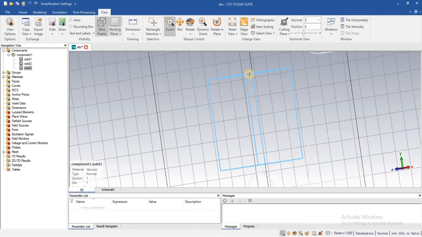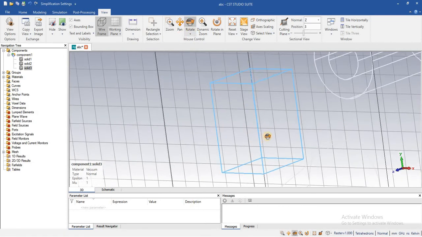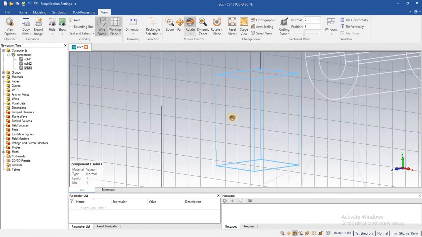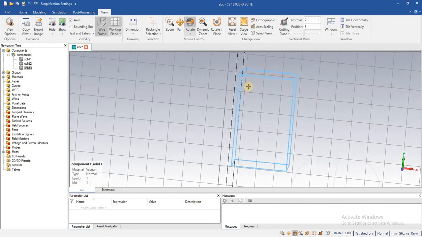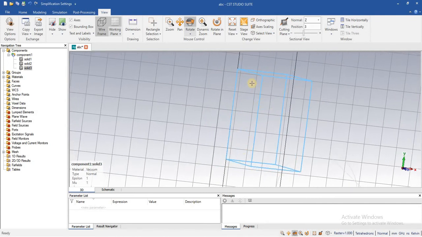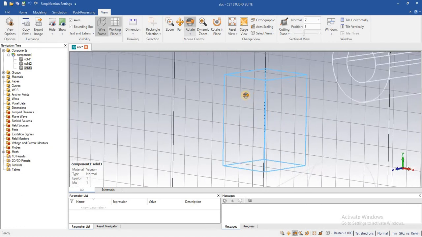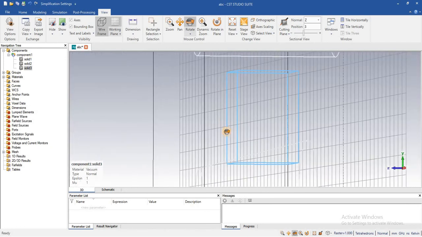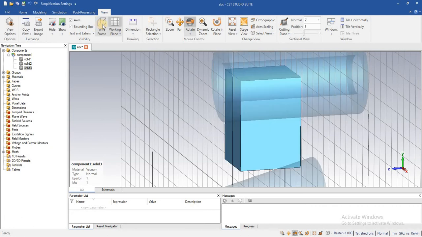Now you can see that only the wires of that object are visible. Now you can work if you want to make a new geometry starting from this axis. We will see how this command is useful. Just click again, and it will start showing again.